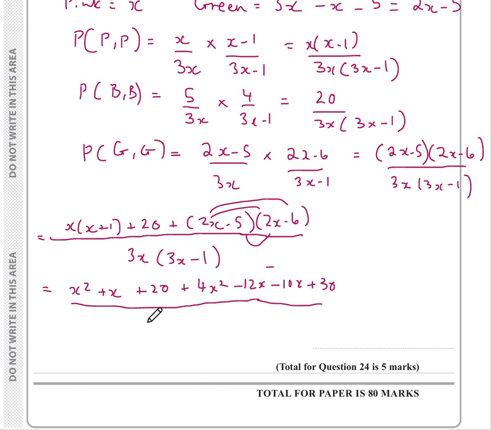And if we multiply out the denominator as well, I'm going to get 9x squared minus 3x. Okay, so let's collect all these together. So my x squared terms, 5x squared. And then my x terms, so I've got